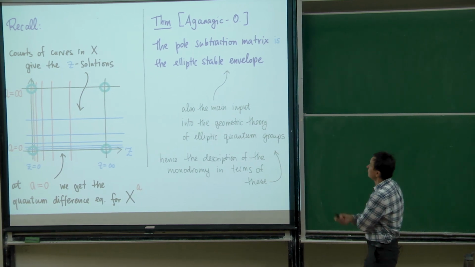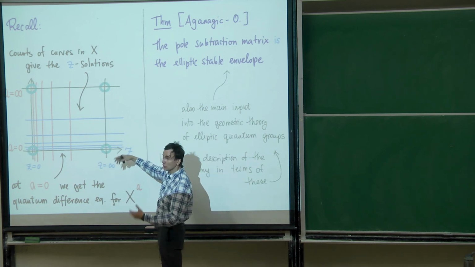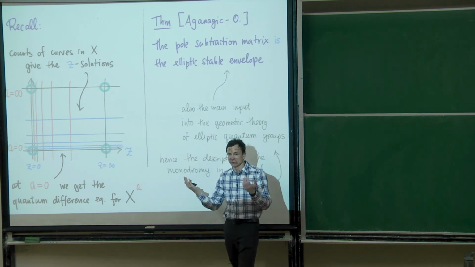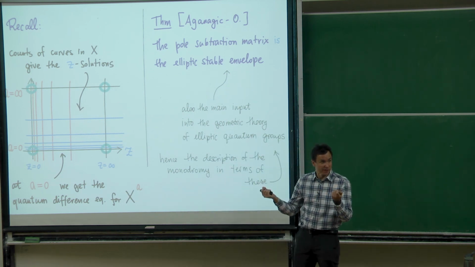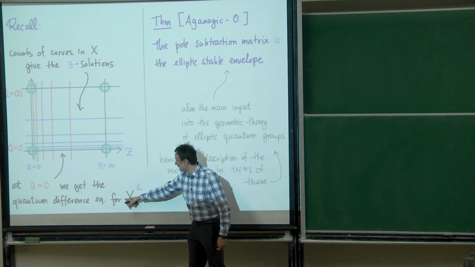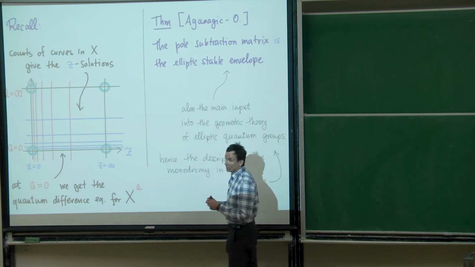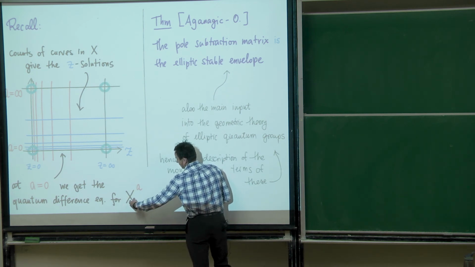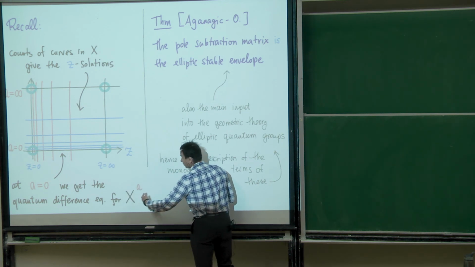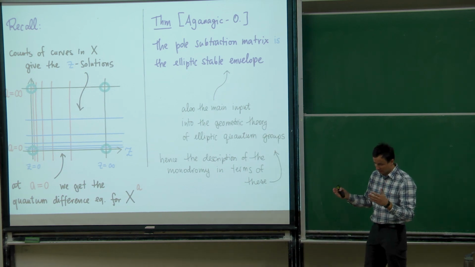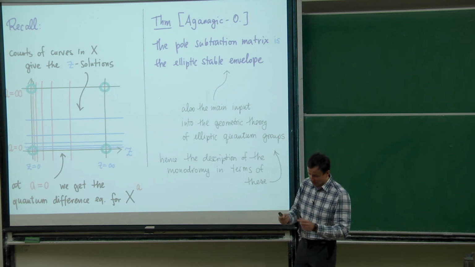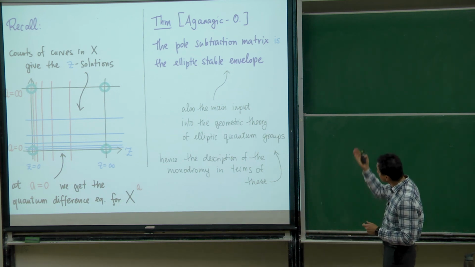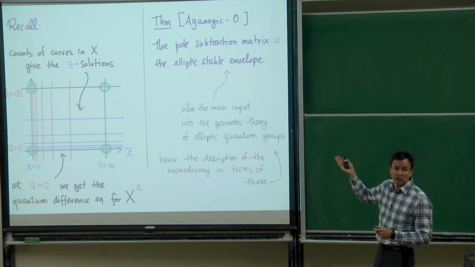We might recall that we're looking for this pole subtraction matrix that starts with the Z solutions, or let's start with the A solution. The initial conditions for these A solutions are a solution of the quantum difference equation for the fixed locus here. And we'd like to go to the Z solution, meaning we'd like to go from the K theory of this fixed locus to the K theory of X, but it also has to be a function of Q. So in order to go from K theory of fixed locus double bracket Q to K theory of the ambient space double bracket Q, the theorem we proved is that this map is the Q expansion of this